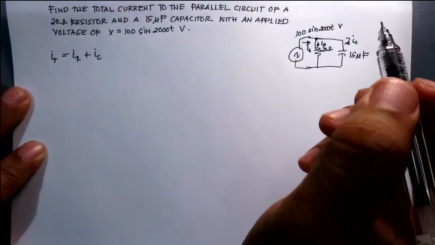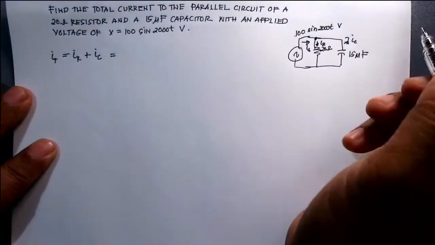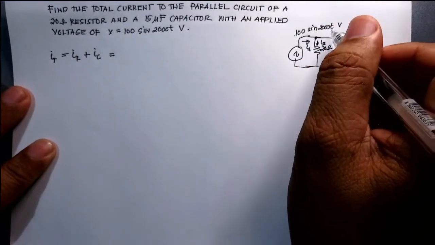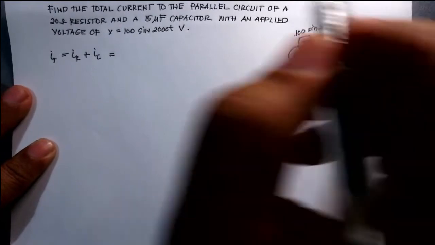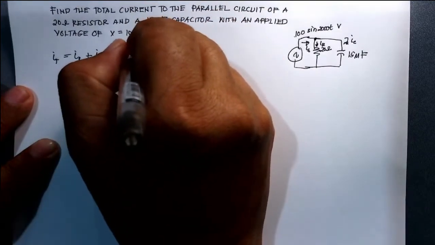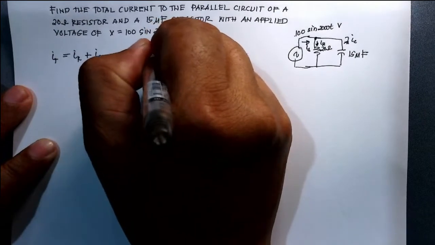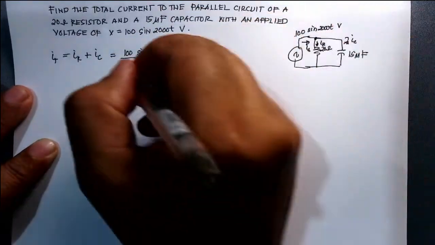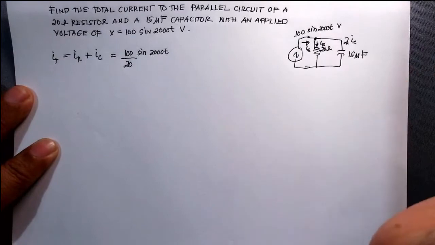So what is the value of your I sub R? Actually, our I sub R is the voltage here, which is 100 sine 2000t volts, divided by the resistor, by Ohm's law. So that will be 100 sine 2000t over 20. That will be your I sub R. And for your I sub C,